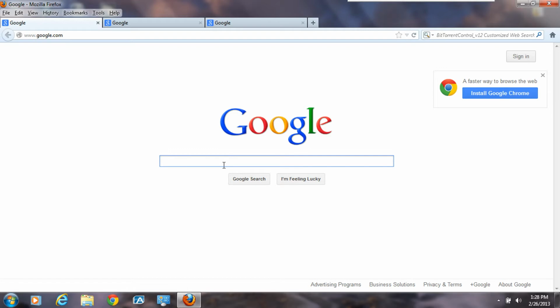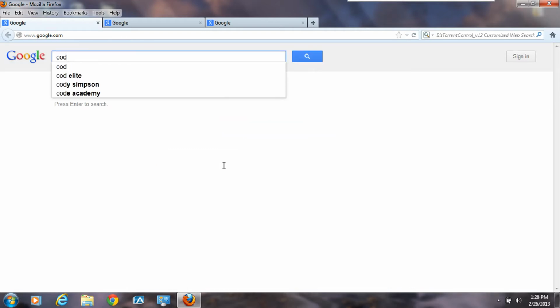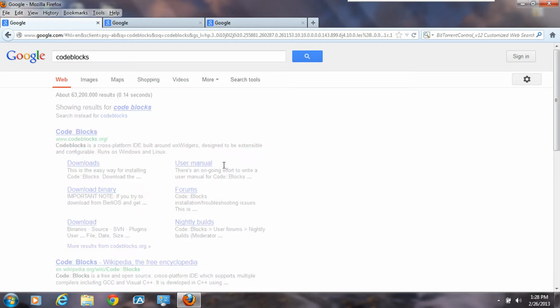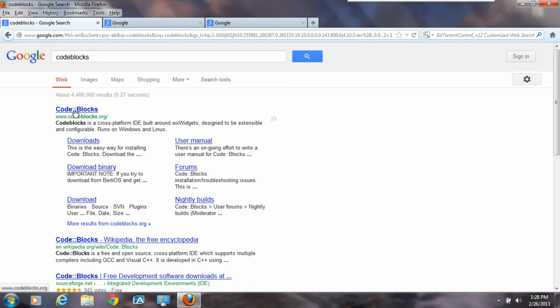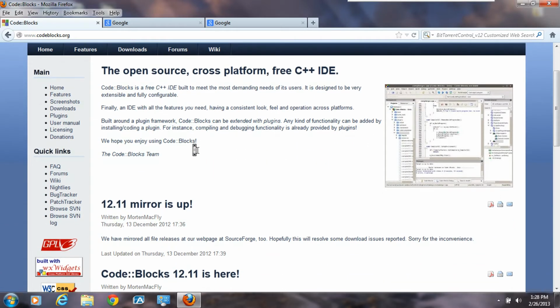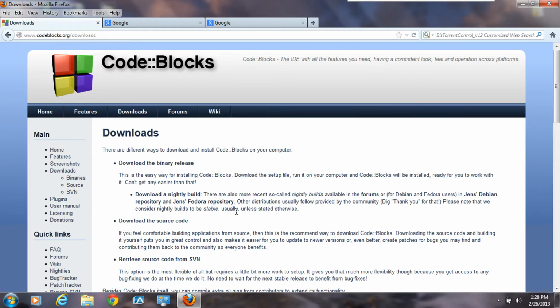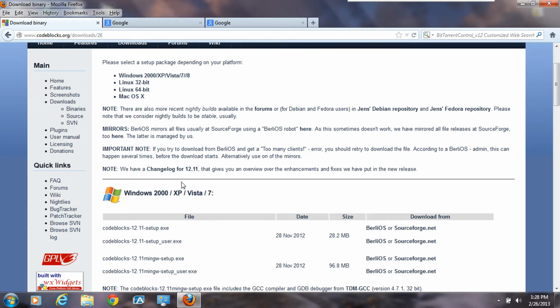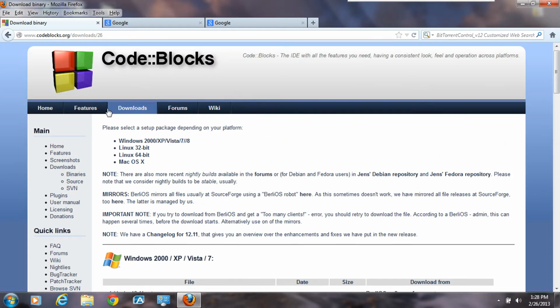Just go to Google. Codeblocks is the first one we'll be downloading. Codeblocks is free. It's an open source platform. It's available in all operating systems, and it's a very small file, contrary to Visual Studio, which is a very large file. So when you're downloading Codeblocks,